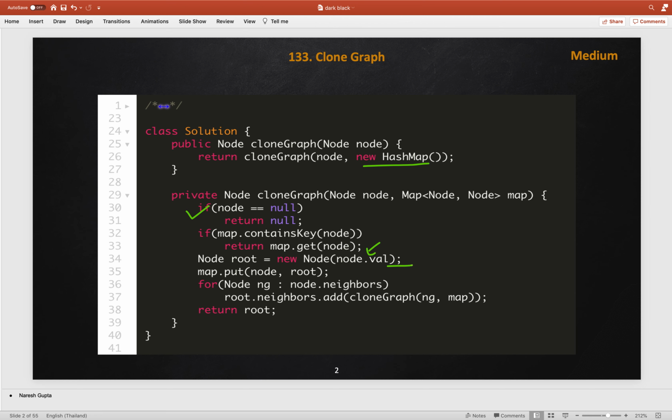Otherwise we create a copy and store it into the map, and then process all the neighbor nodes of the current node and update the neighbors of this node's list by calling clone graph for the neighbor nodes. Once we process all this, in the end we return the root, the reference of the first node, and this is the DFS solution.